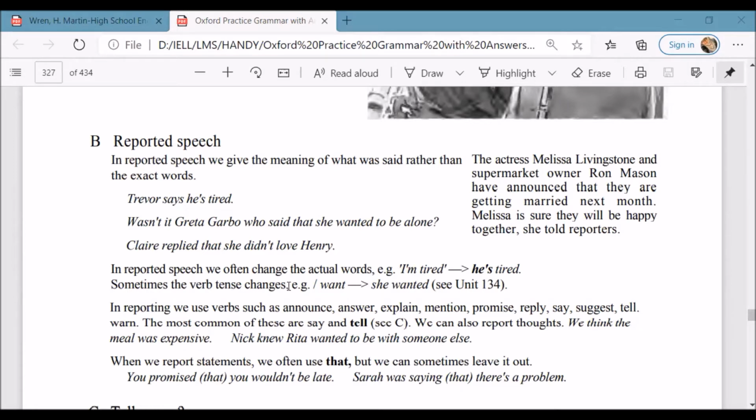Similarly, we have another example. Sometimes the verb tense changes, like "she want." Here we would say she wanted, because she said it in the past, and that is when she wanted it. Maybe she doesn't want it now. Maybe she got it already. So the statement makes sense only when we're talking about she said it in the past, so she wanted it then. So we have to make verb changes, and then we have to change the pronoun like here.